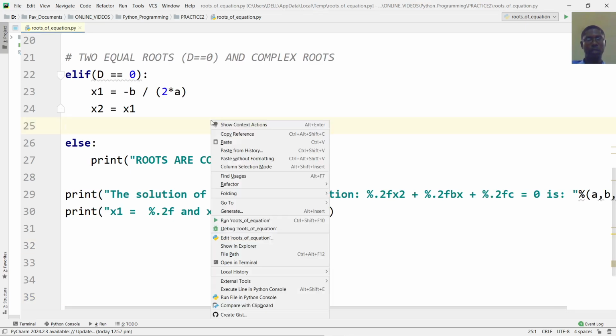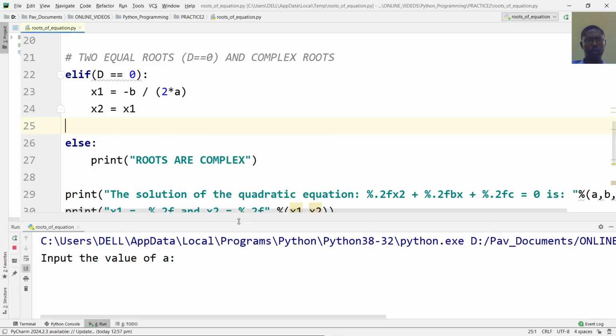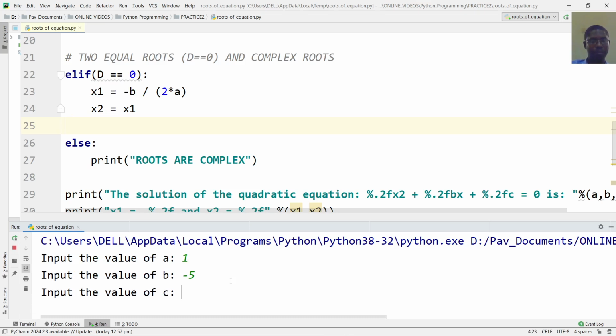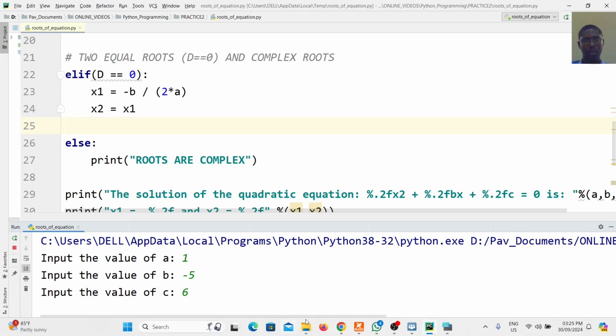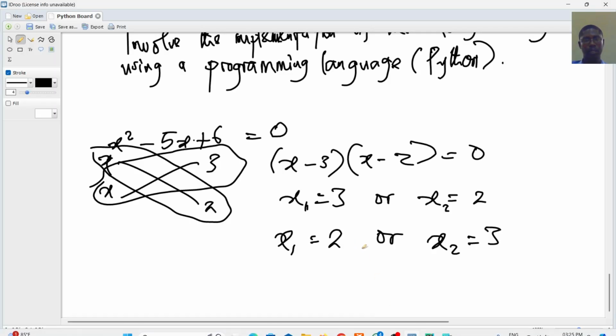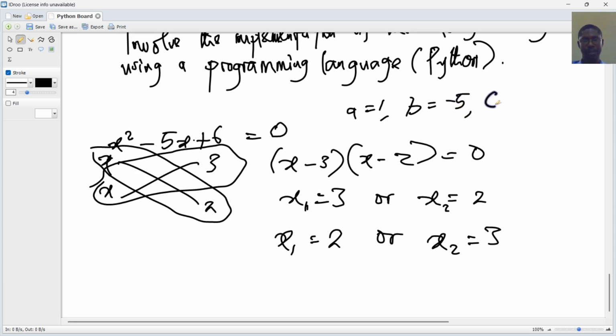So now I want to run it. When I run it, it's asking us to input the value of a. So what's a? Our a is going to be 1, then minus 5 and 6. How do I know that? By the time we come here, look at it. A is 1, B is minus 5, and C is positive 6. So our a is 1, B is minus 5, and C is 6. So when we input that,